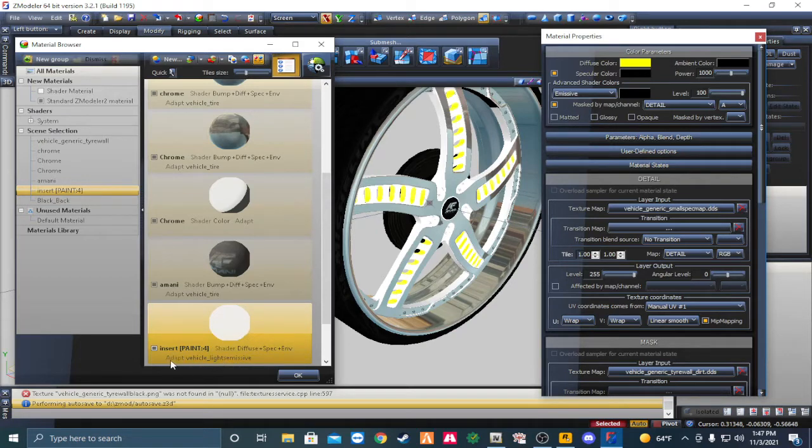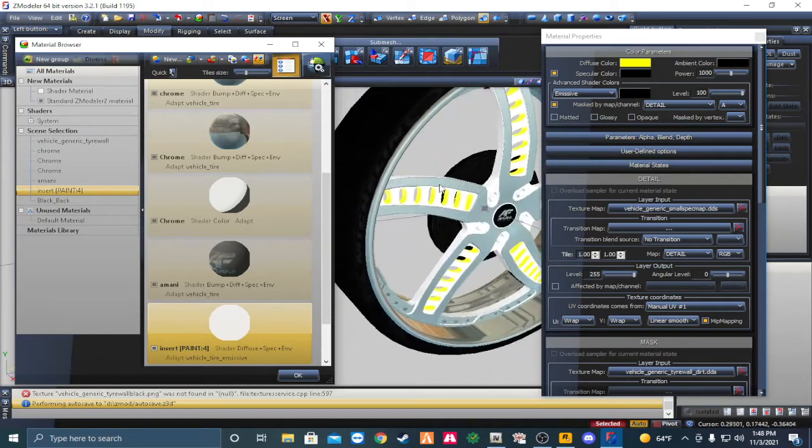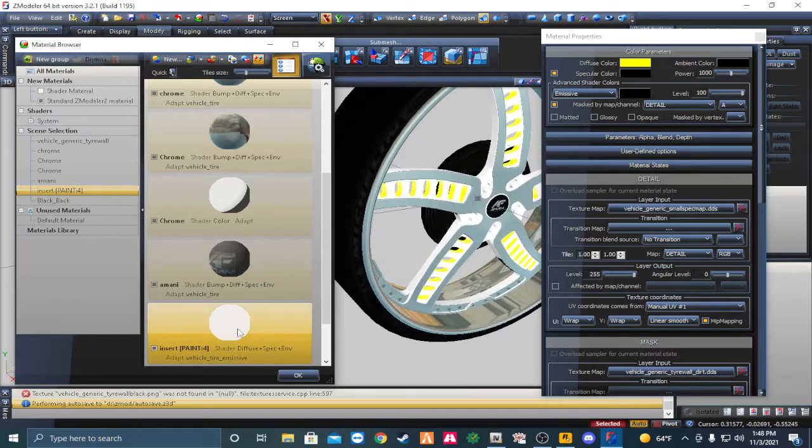The only difference is right here, down here where it says adapt vehicle light emissive, you want to change the name of that, because otherwise it only works with certain things though. Hold on, let me do this. You're gonna change that to tire underscore missile. That will make it glow. So it's gonna glow whether you in the car or outside the car, whether the car crunk up or not. Now, if you left that at light emissive, it might not even show up in game. It only works for certain things